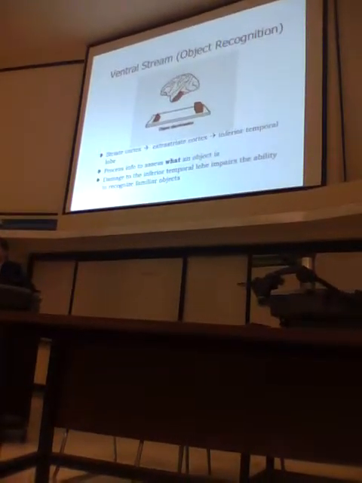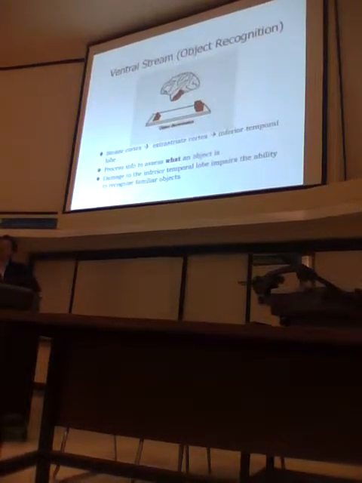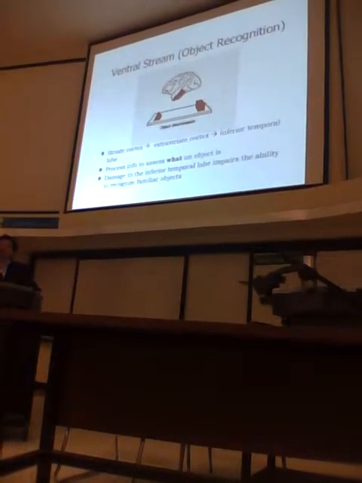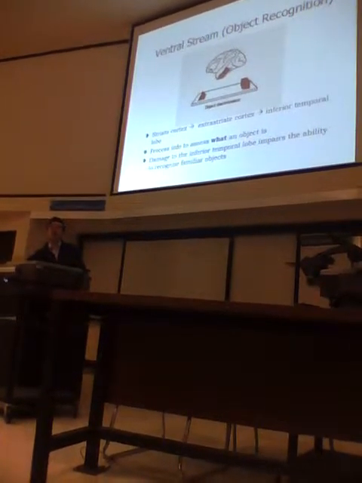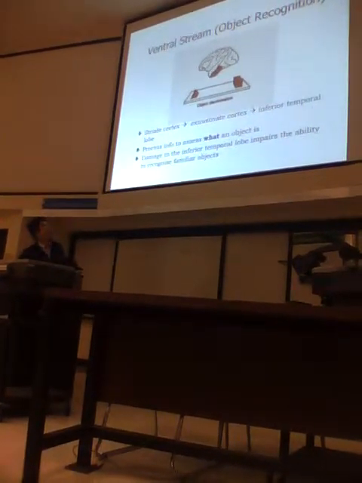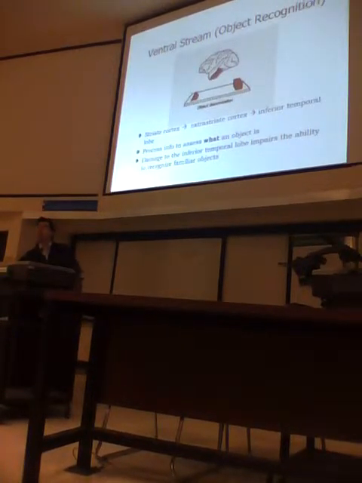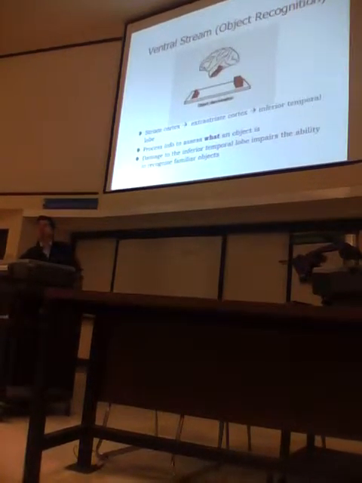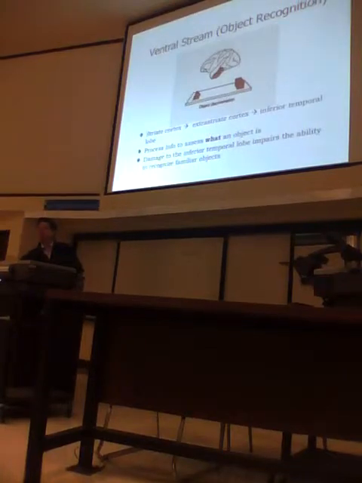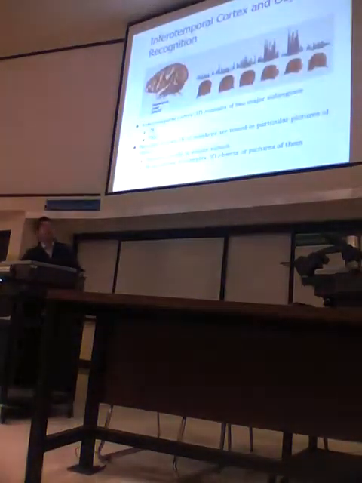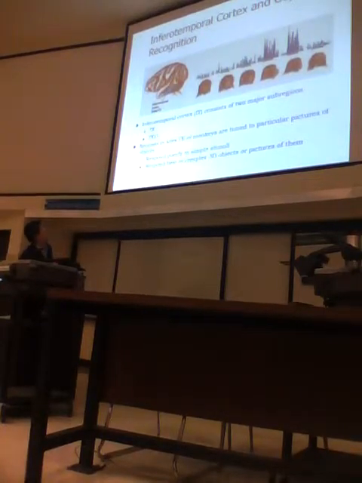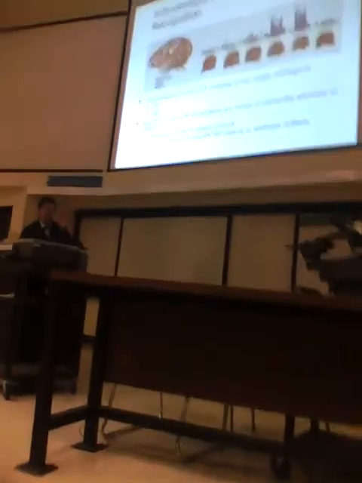So if you have a container full of pens and pencils, you want to reach for a particular color pencil, not pen, you're going to use your ventral pathway a lot in order to do that. And indeed, within the inferior temporal cortex shown here, if you record from some cells, not all cells,